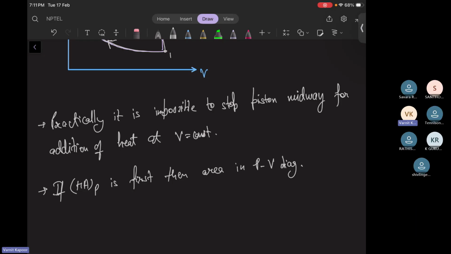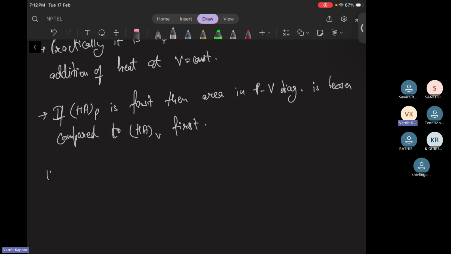Area under the PV graph is lesser compared to if heat addition at constant volume is happening first. Okay. Then next point, heat addition at constant volume is less than heat addition at constant pressure. We have seen because after compression,